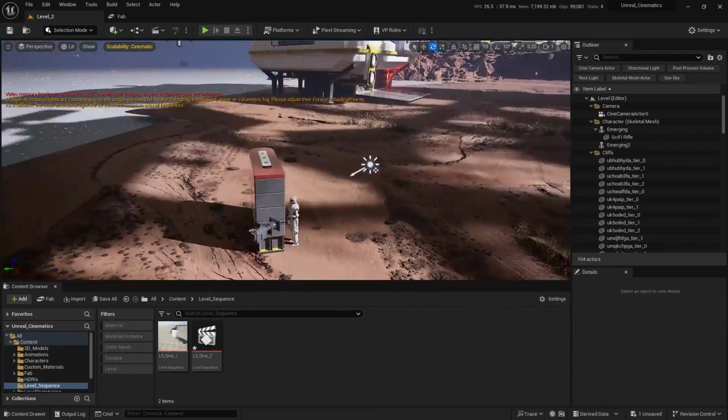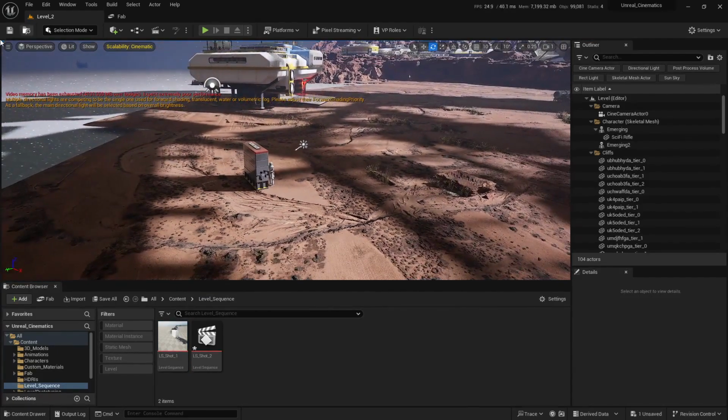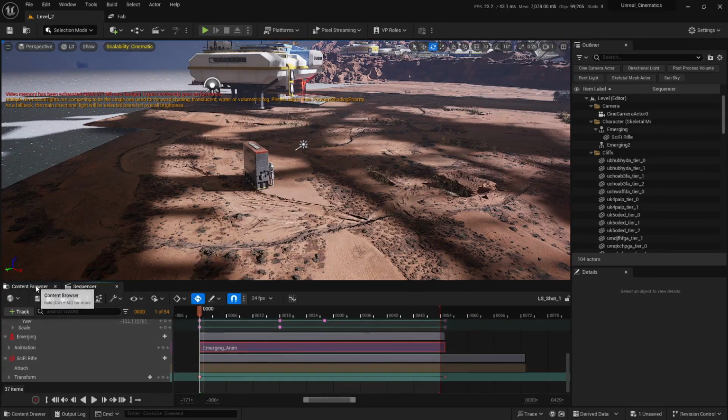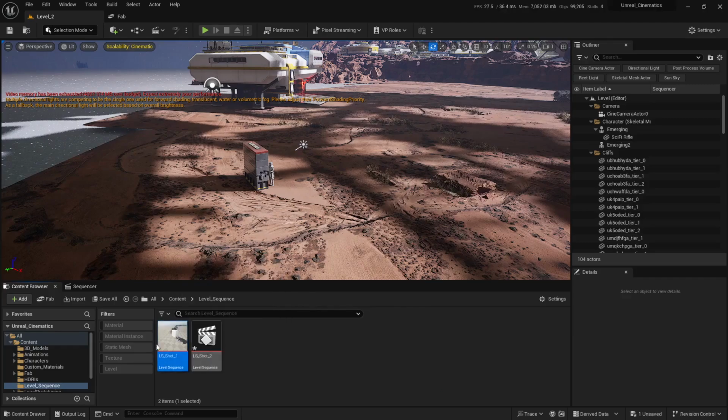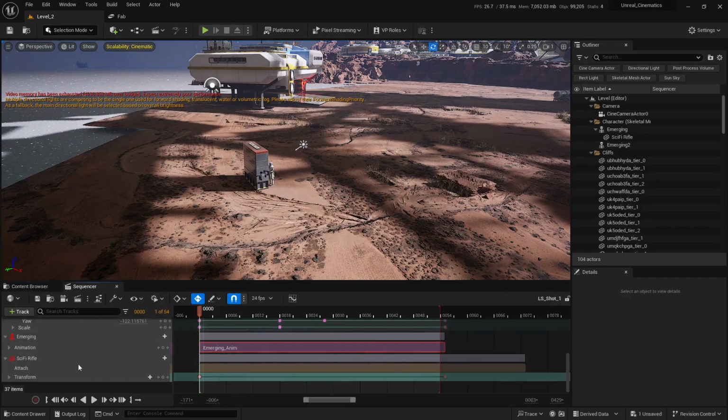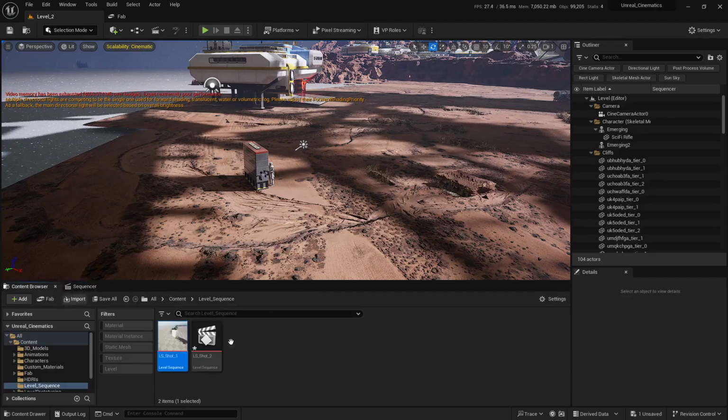One more thing that I like to mention in here is that even if you are in level 2, please don't delete the level sequence for shot 1. I understand that inside level 2, you don't really need the level sequence that you have for the shot 1 because of course, as I said earlier, it's not going to work. But please don't delete it because if you delete it from the content browser, you're going to lose all the work that you did for the shot 1 and then you're not going to be able to find this sequence